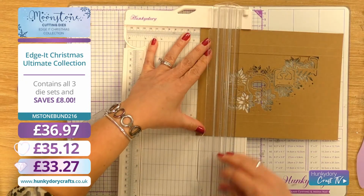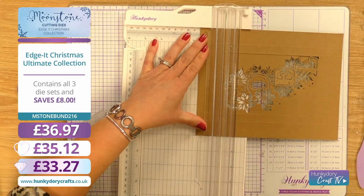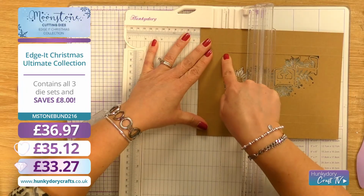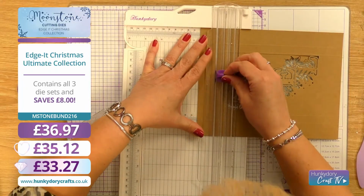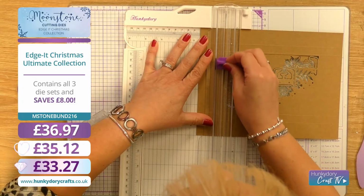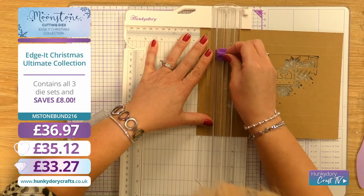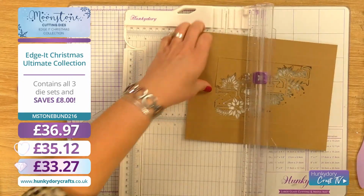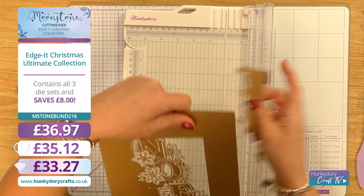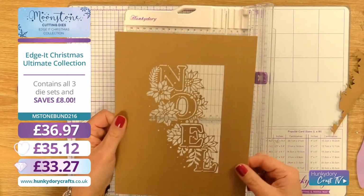It just helps. And then what I'm going to do, the line, if you can see, let me hold it up. The line on this end here, I just need to line it up with this one. So if we bring our trimmer in, we can see it, and then just bring it down to that line. And then has that done it? Yeah, and then you can see you've cut that out